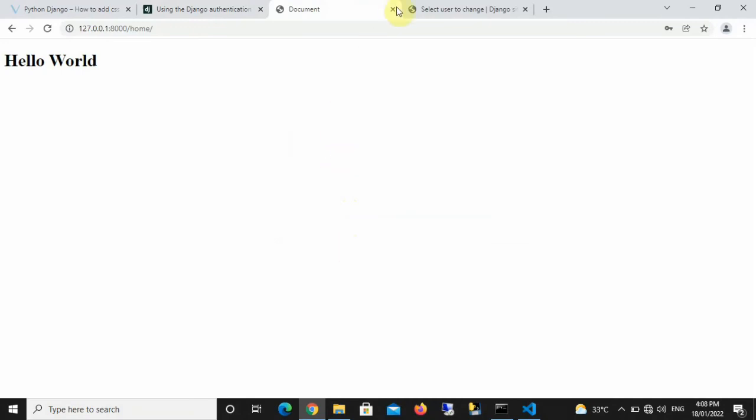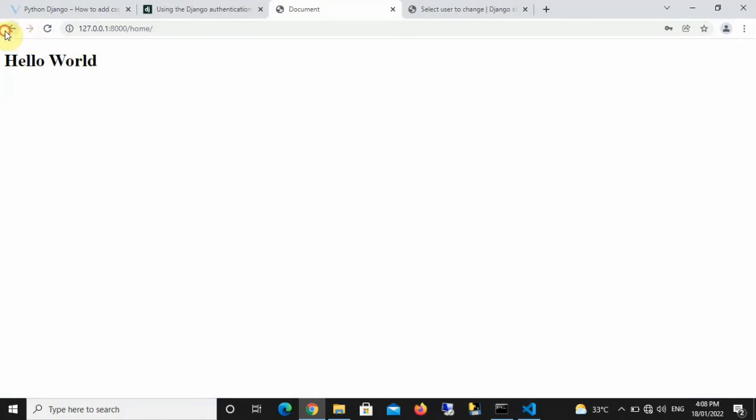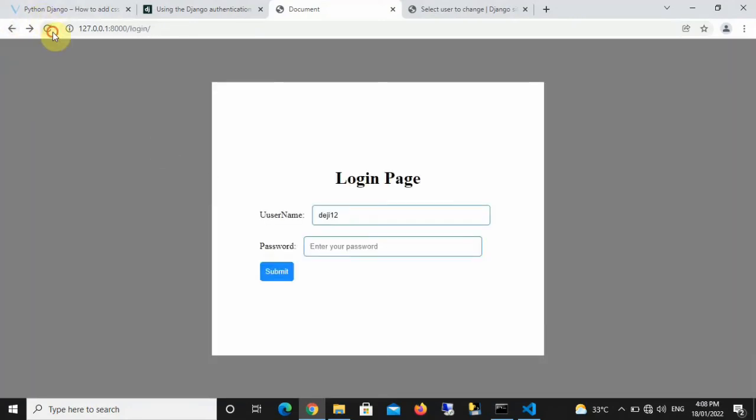Now, because the user was valid, it's now redirected us to the home page. That's what we said here, return redirect home page. Now let's try to input wrong details here. Let's first reload. Let's say digit 12, and then let's just type in something weird here. Let's click submit, and you can see it says error, user does not exist, because we told it that